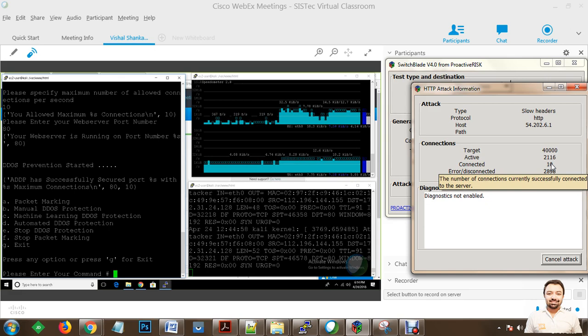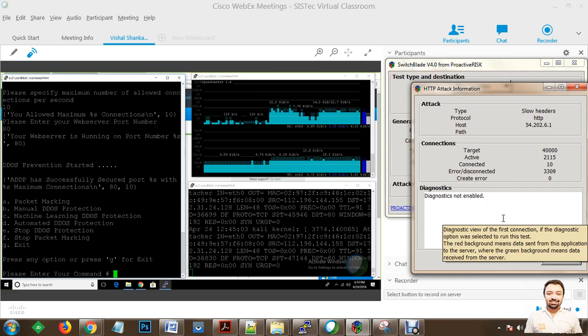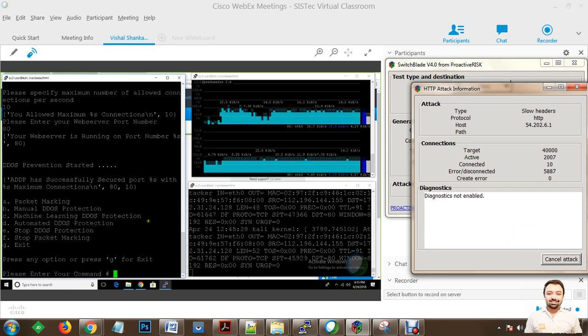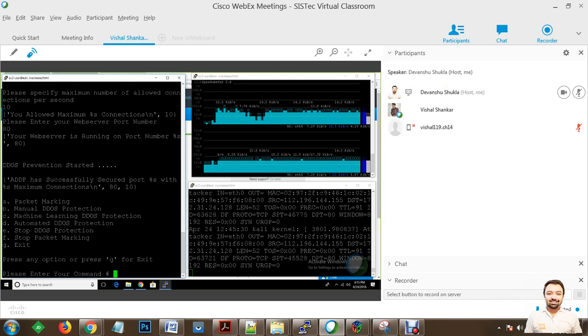Now once you are done with this, we have to come up with an optimal solution wherein we don't need a human to continuously change the threshold and decide, because it is very difficult for them due to the high number of packets coming in. So we thought of implementing a project wherein we have included machine learning in order to identify the attackers and to put a threshold, and this detection should be with minimized false alarms. In order to do this, we have implemented option C, that is machine learning DDoS protection.